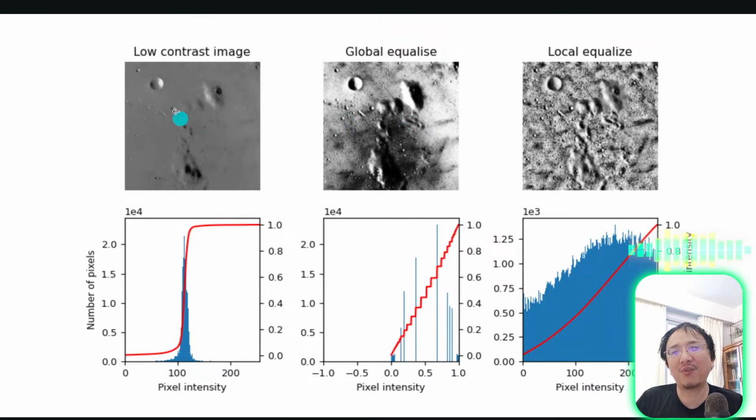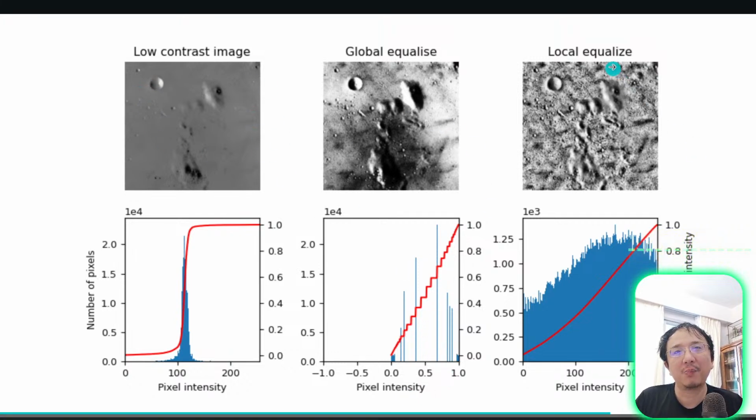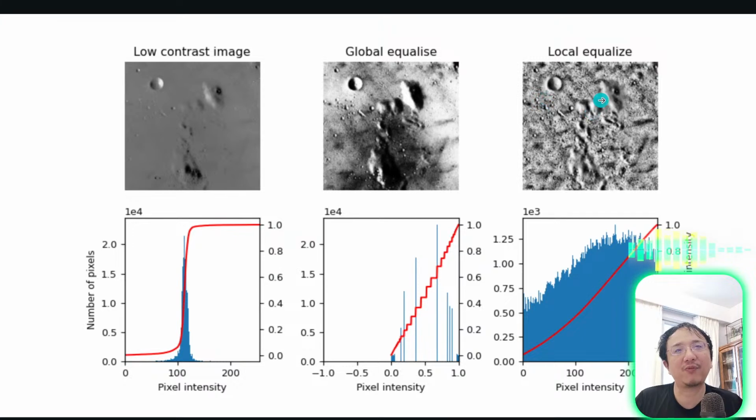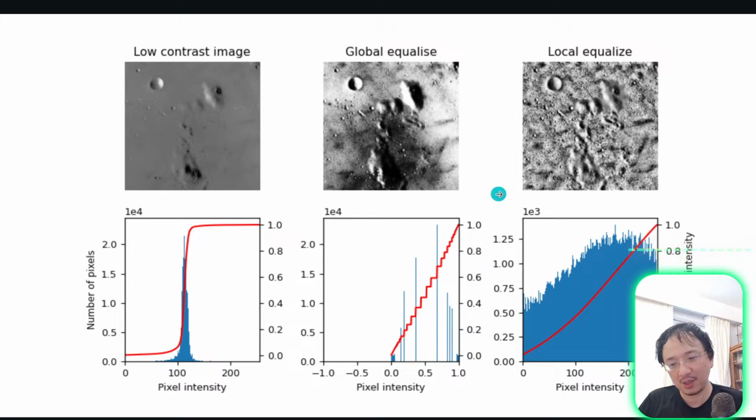However, sometimes we are more focused on the local features, not the global. This one stretches everything globally. But sometimes we are more focused on the local things in the photo. So local equalization does pretty much a similar thing, but for each pixel, it only does the equalization relative to its neighbors. So it will make a lot more details appear compared to global equalization. One typical example is